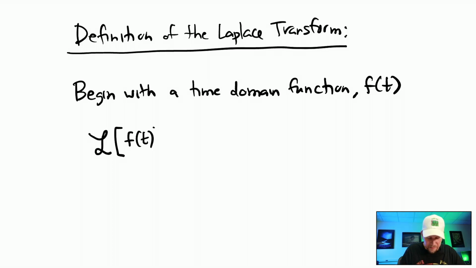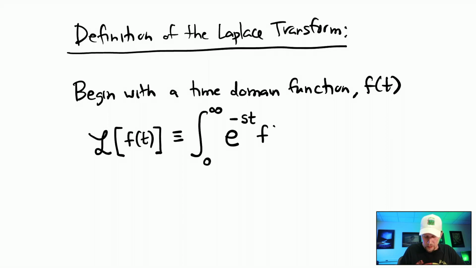But here, if you have the cursive L followed by some brackets, and inside you actually have the function f of t, that, by definition, in terms of notation, is the Laplace transform of f of t. And by definition, it is the integral from 0 to infinity of e to the minus st times f of t